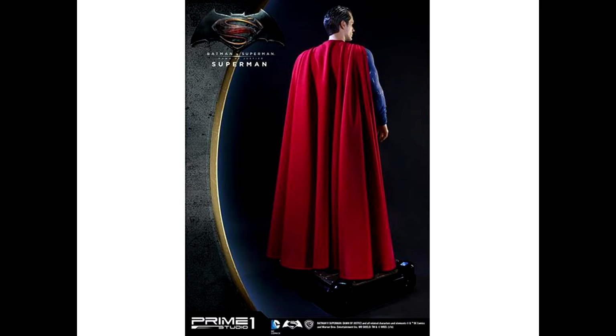Maybe not from the movies, but if they put out some other ones, like 1/3 scale Superman, Batman from the comics, I would probably like to go out and buy it. You're looking at about $700 for 1/3 scales from them. But these ones are 1/4 scale. It says fourth quarter of 2016, so it's still got a ways to go. But you're looking at about $2,000 plus